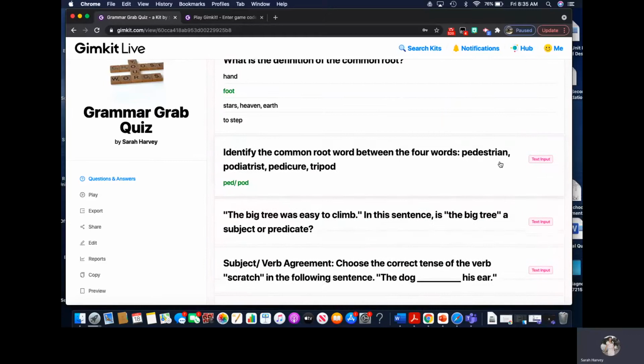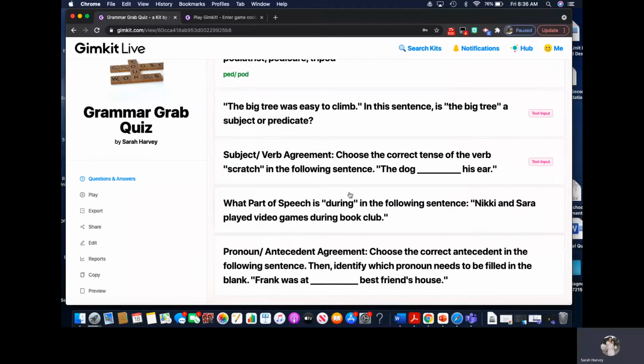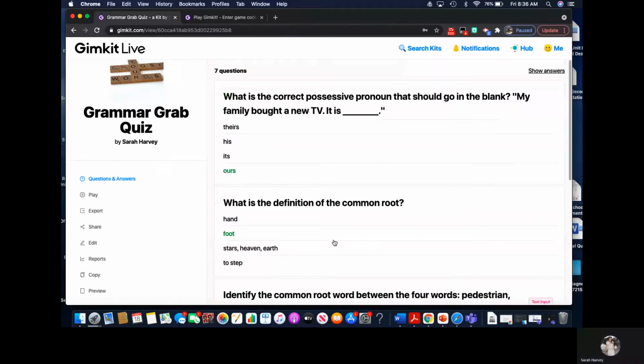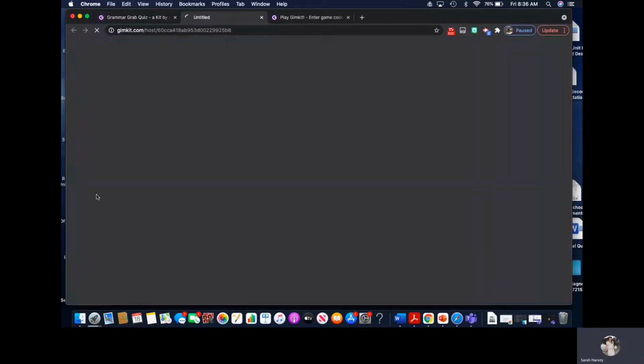This is a text input, so they have to look at the 4 words that are given to them and identify what the common root is. So they're typing in that answer there, and so on and so forth. The really cool part about this is that you are able to administer this a few different ways. So let's see, if I wanted to play the game,